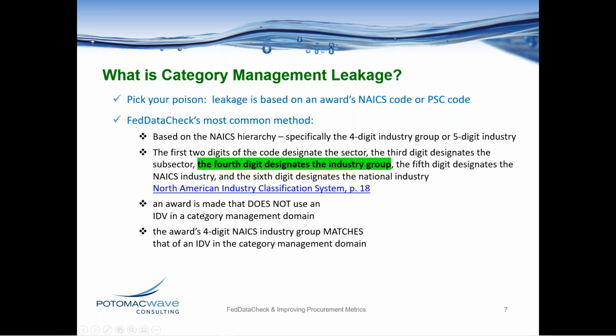So in that case, this COVID-19 air dispersal analyzer passed this test here. But did it pass the second test? It didn't use a category management domain, but there is no category management program for COVID-19 air dispenser analysis. So that would be a case where it would be neither utilization nor leakage.